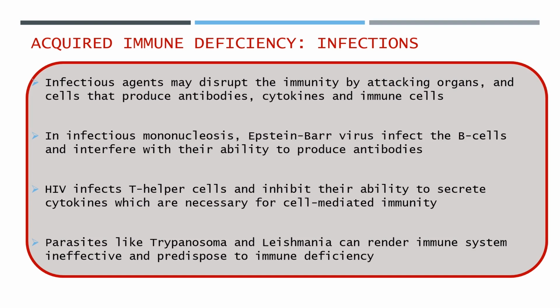Lastly, in this group are parasites, especially in trypanosomiasis and leishmaniasis. These parasites are able to attack the immune system and prevent it from mounting any form of attack against invading microbes, especially in trypanosomiasis. A very common finding in trypanosomiasis is a low level of complement proteins, which we call hypocomplementemia. Hypocomplementemia is very common in patients with trypanosomiasis and interferes with their ability to mount an innate immune response against invading microbes.